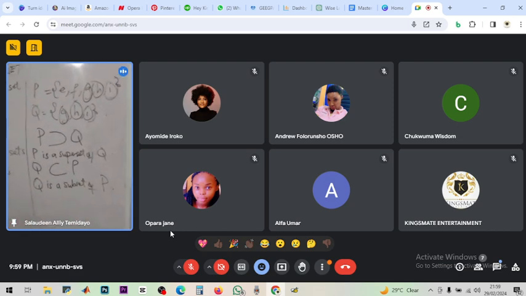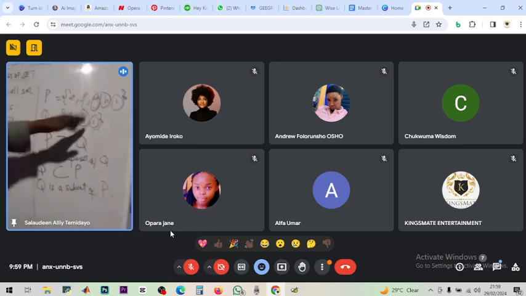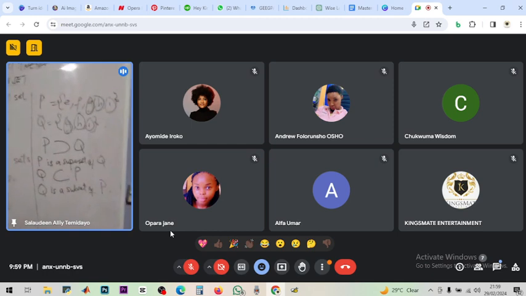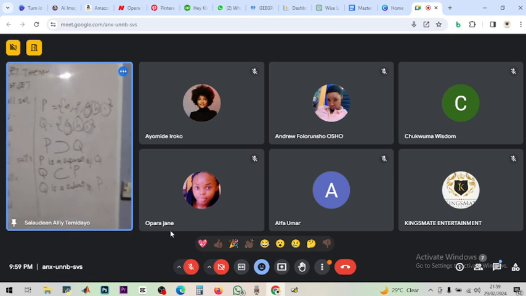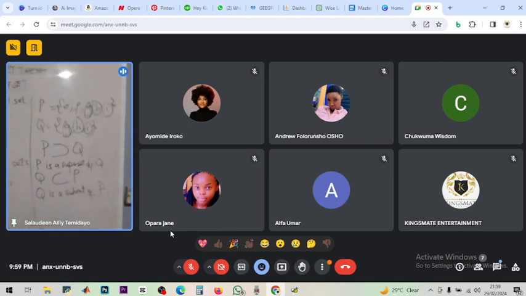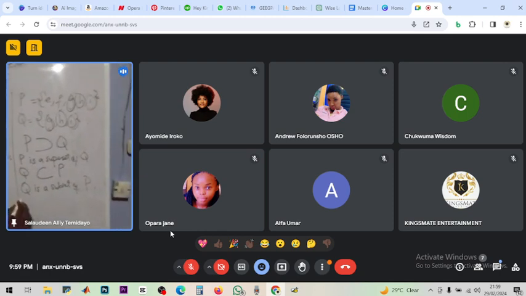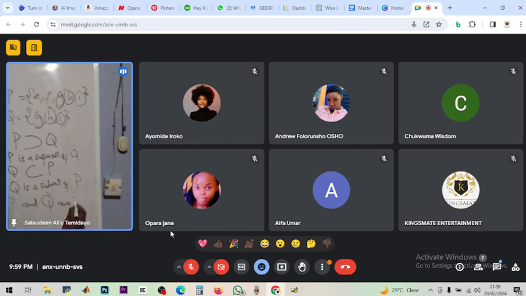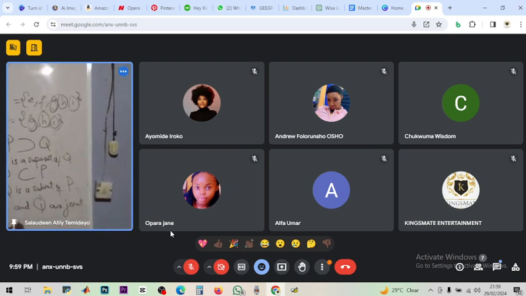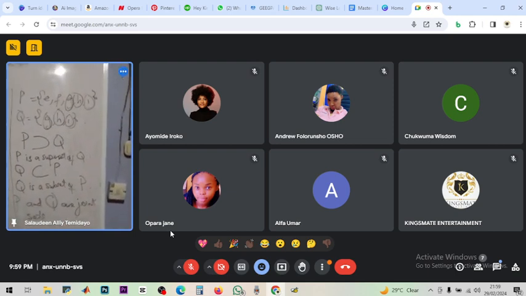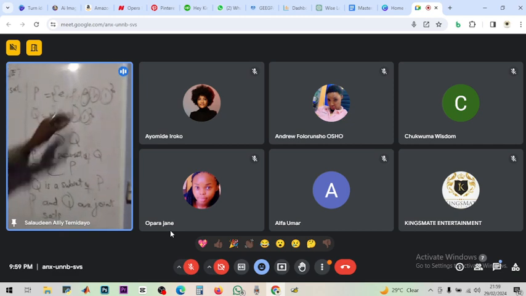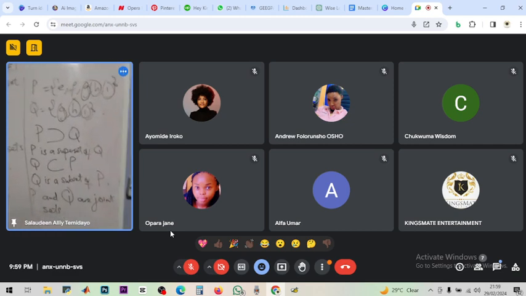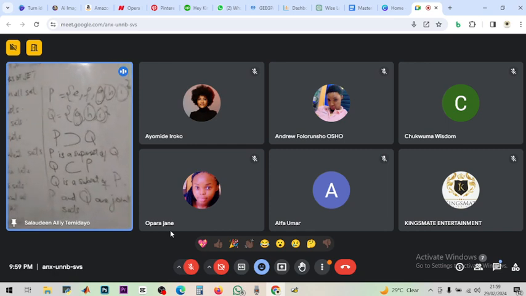So the conclusion is that P and Q have elements that are similar. They have at least one similar element. And now they have about 3 similar elements. So we say that P and Q are joint sets. Why are they joint? Because there is at least one element that is similar between them. And it's even more than one. We have 3 elements similar between them.